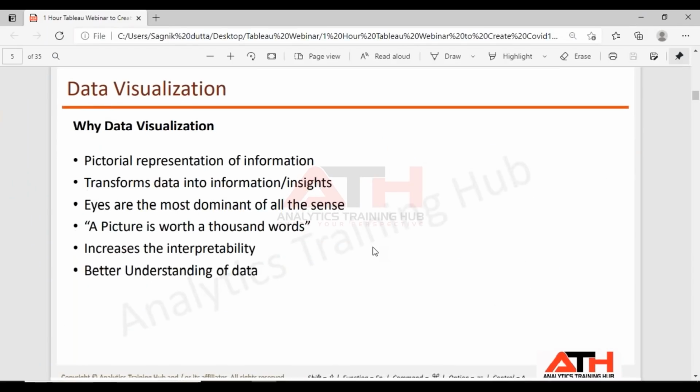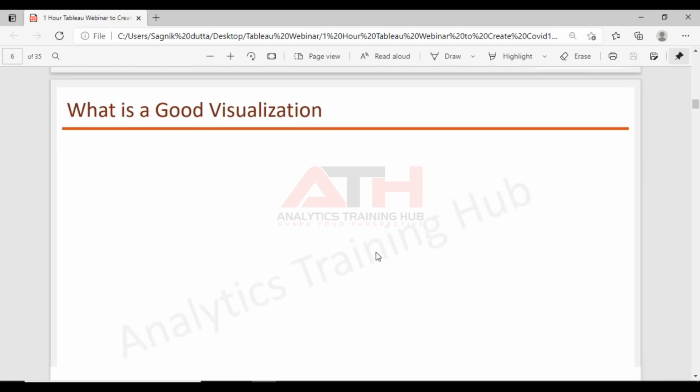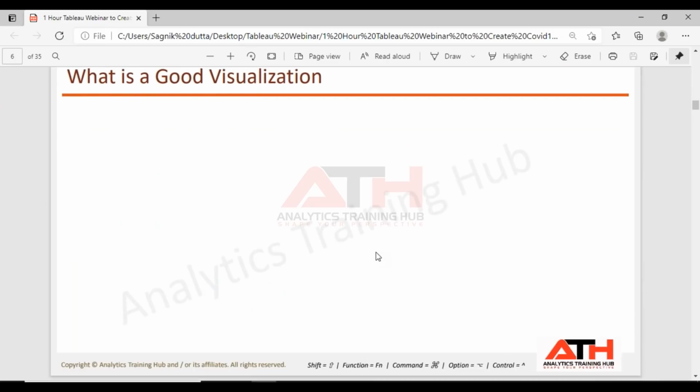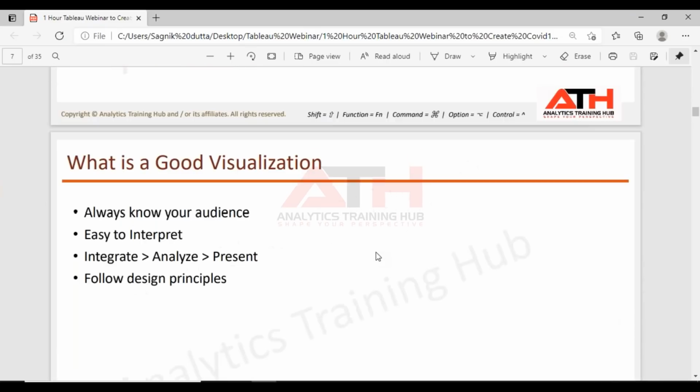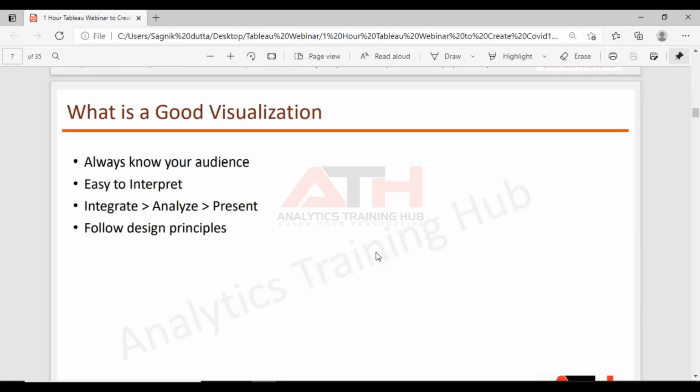So after this, the question that arises is: what is a good visualization? While making a good visualization, you should always know your audience, and it should always be easy for the audience to interpret. Ideally, a good visualization should not take more than 15 seconds for a person viewing it to understand and interpret it.